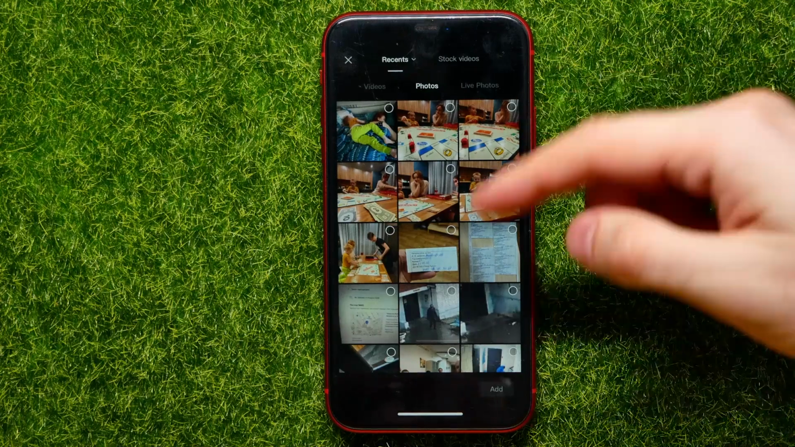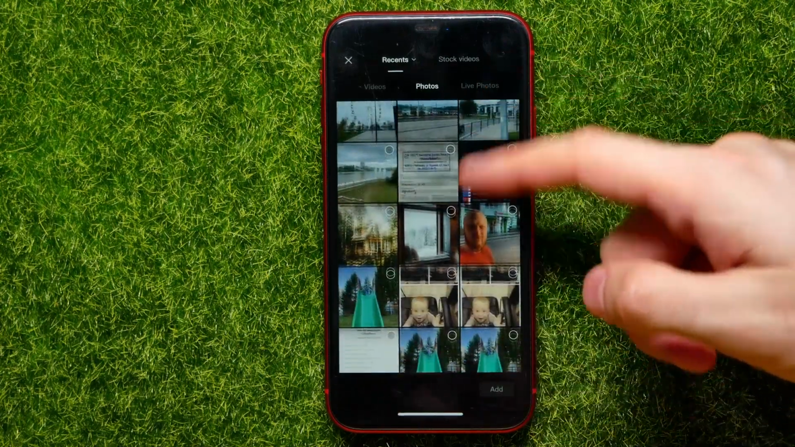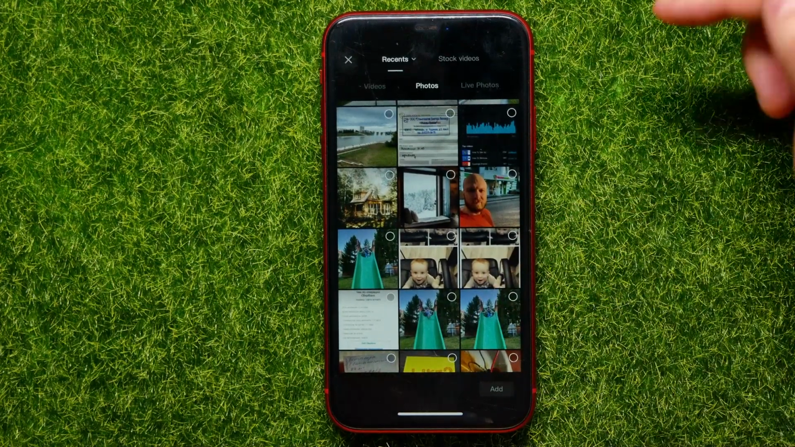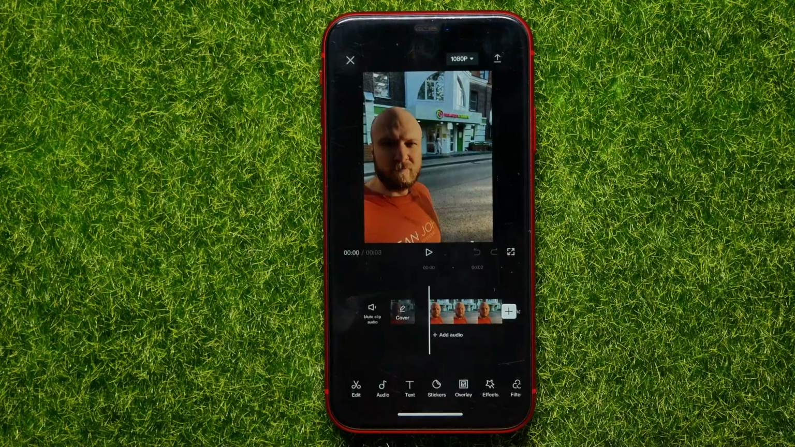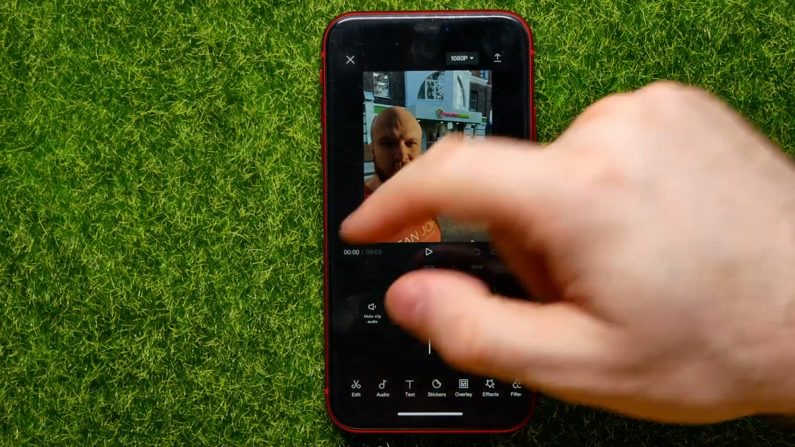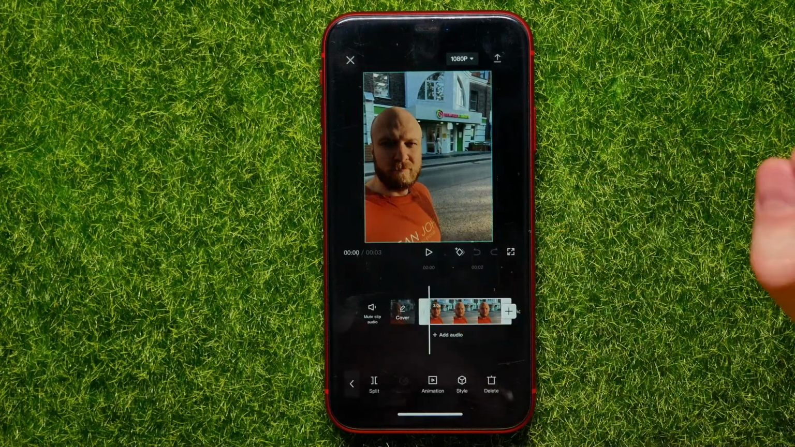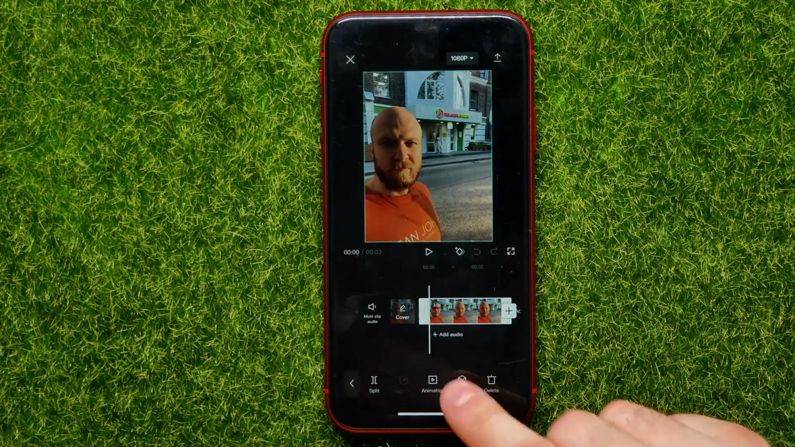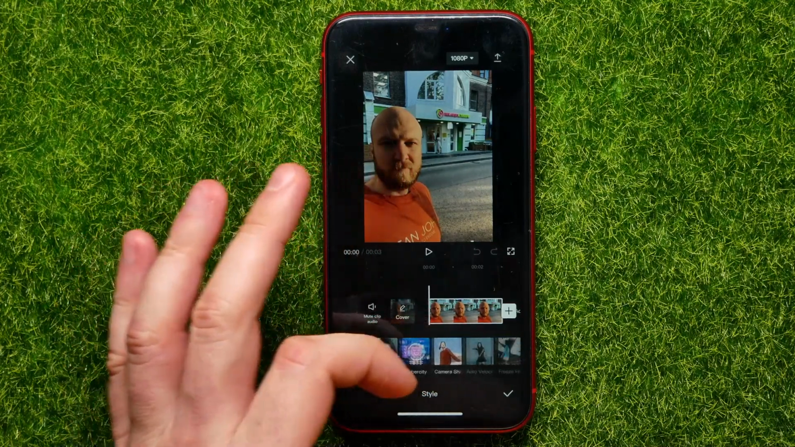just with photos, and now you have to scroll down and select any photo from your photos gallery. You can just check mark those photos and then hit on add to add that photo on that timeline. Now you can hit right here at that bar, then hit add style, and now you can drag this toolbar